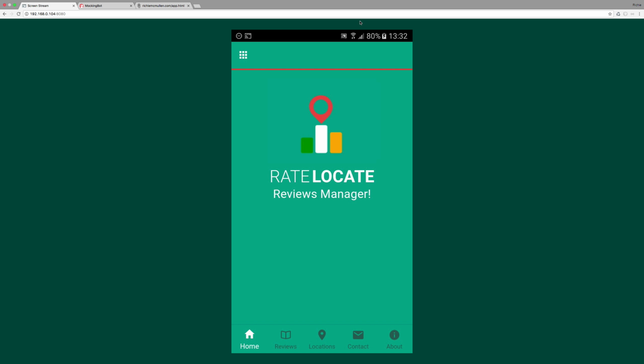If you look down at the very bottom of the screen, you've got the main navigation. This navigation will be displayed throughout the app, so all these navigational elements will be available throughout. So if I hit the reviews button, the tab at the bottom,